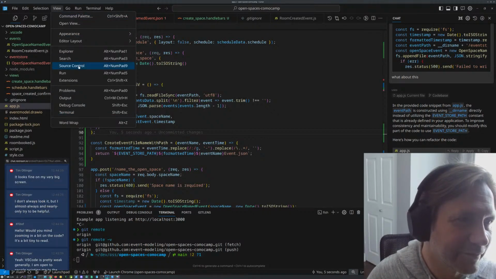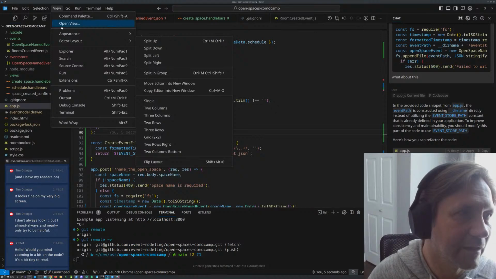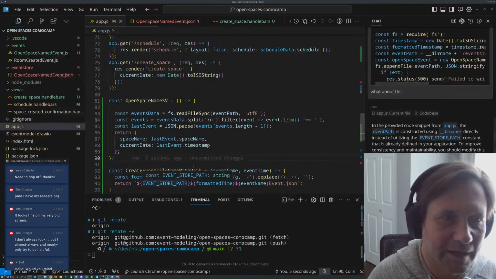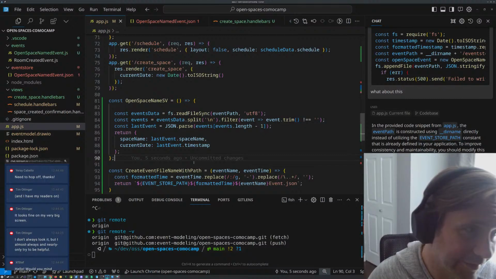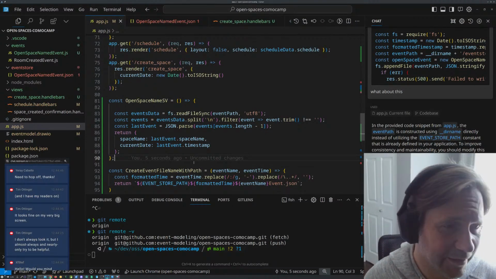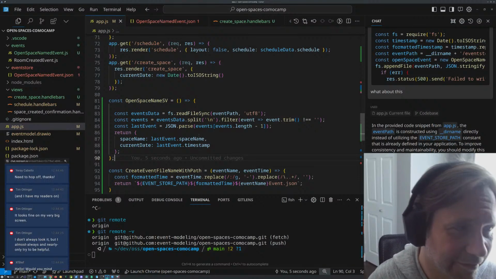Where's my view? Again, I would Control-plus this, but my shortcuts are just blah. Appearance, zoom in. I'm not zooming any more in. If you're reading this on a tiny iPhone 4 or something, you've got to go to a computer. Sorry, I'm not getting any bigger than this.